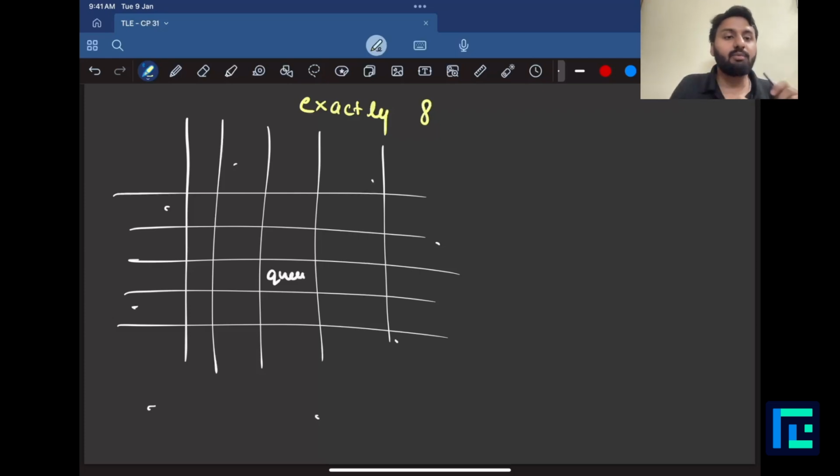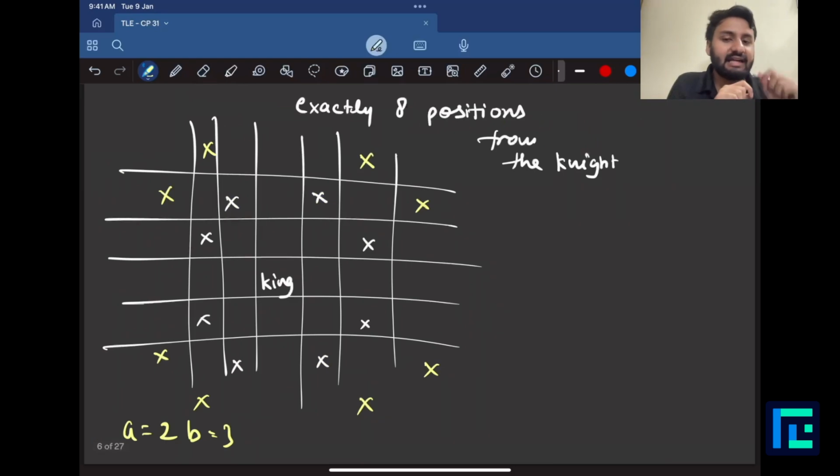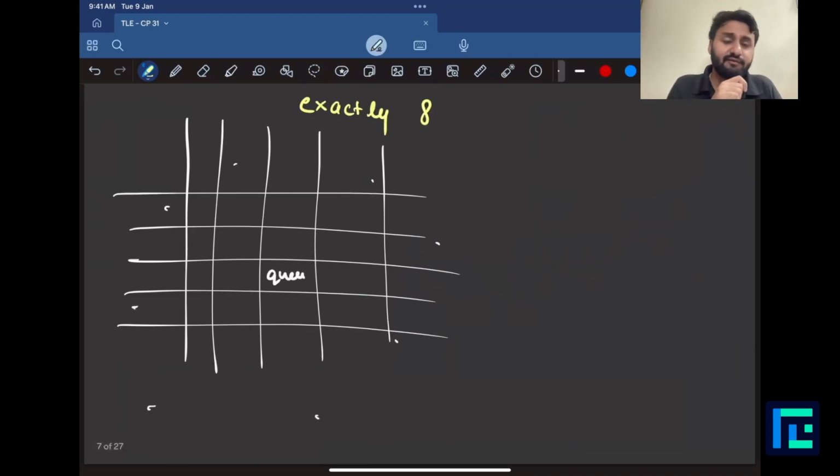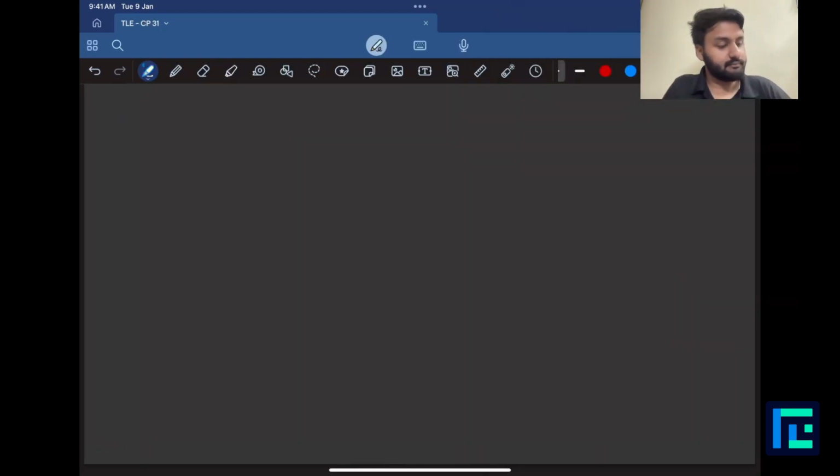So now the problem is kind of changing. The perspective is kind of changing because we have solved our biggest challenge in this problem. We are not bothered now with infinite cells to check. Remember, you have exactly 8 cells from which the knight could have attacked the king. You have exactly 8 more cells from which the knight could have attacked the queen. So I'll take this on a new page. I'll write this down. 8 cells